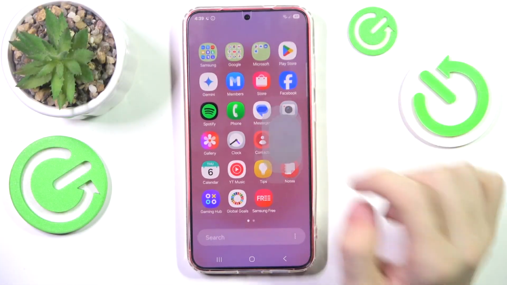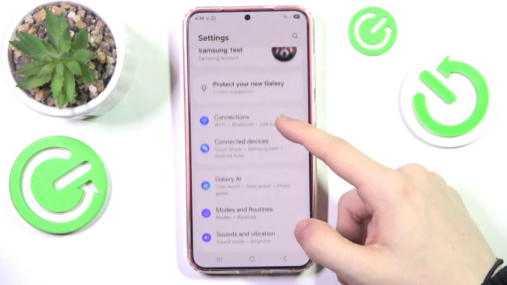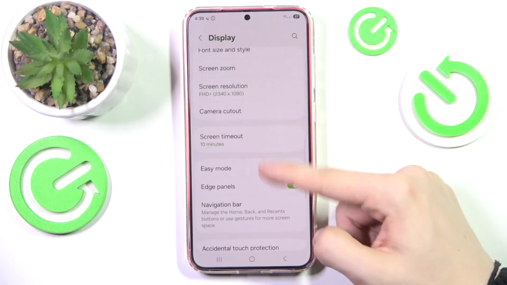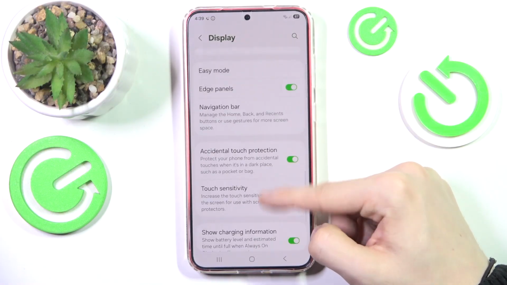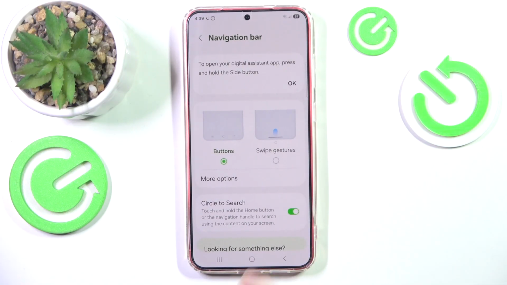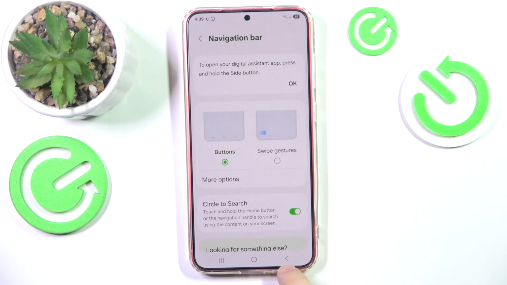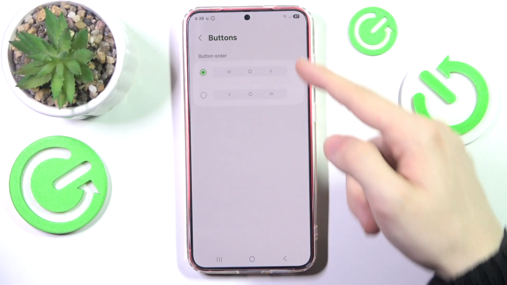So to do it, just go to the settings, then go to display and scroll down to navigation bar. It's here. Now you can set it to buttons or gestures. Here are the buttons. If you have the buttons, you can also click on more options and change the button